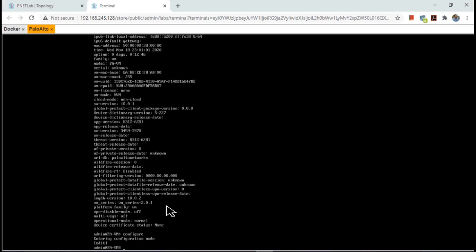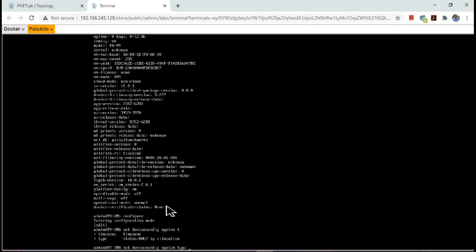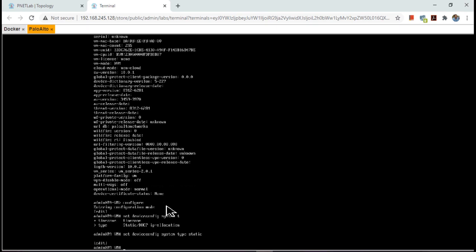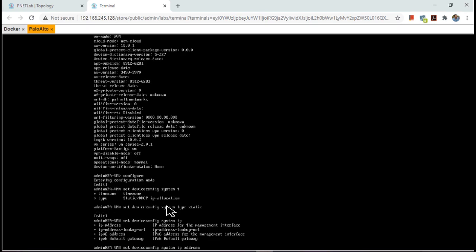Then we have to set device config system static. Next we go system IP address 192.168.1.2, netmask 255.255.255.0. We can give the gateway also, but in our case we do not require the gateway because the gateway